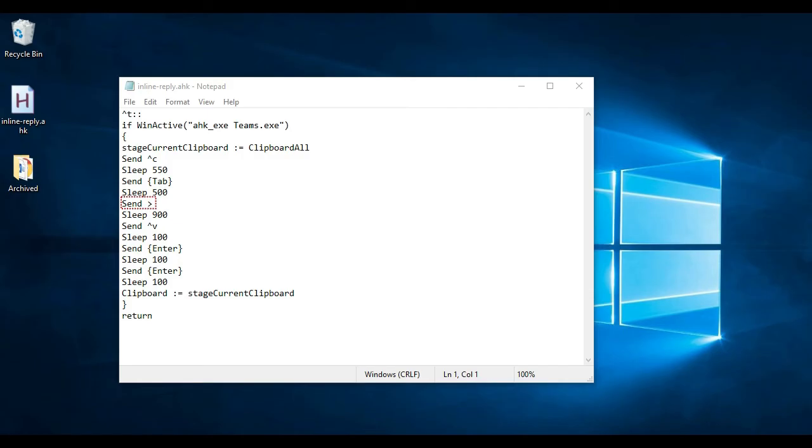And now, as we know, this greater than symbol will generate a quote text box. So it will bring up the quote text box, and I give a slight delay of a few milliseconds, and then I paste the content that is already in the clipboard by generating the Ctrl V key using the send command. Now that will paste the